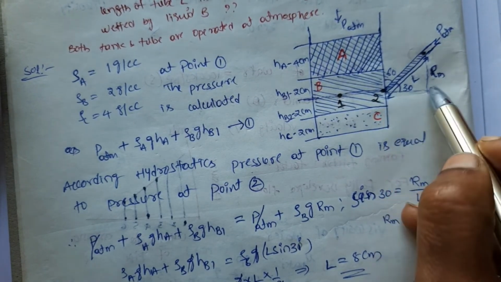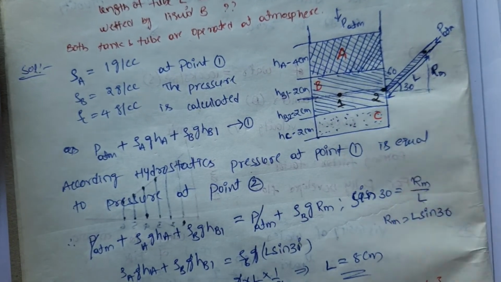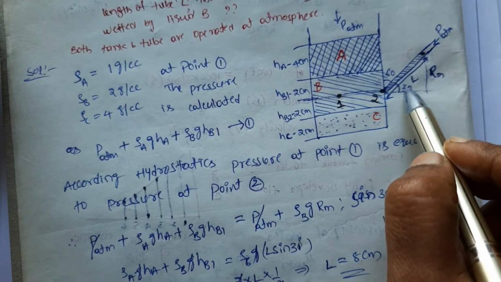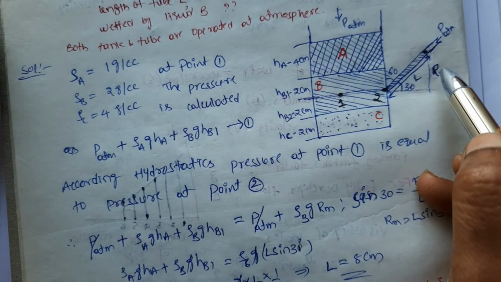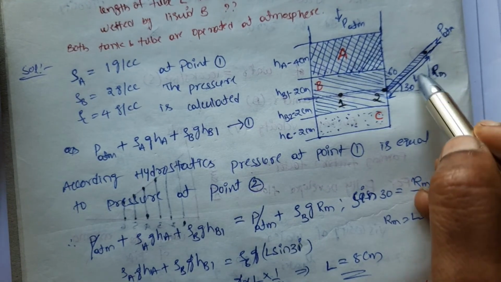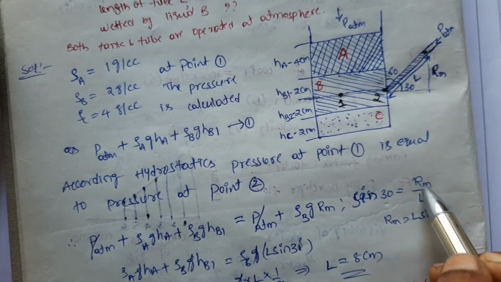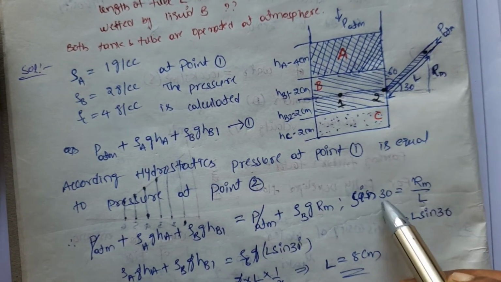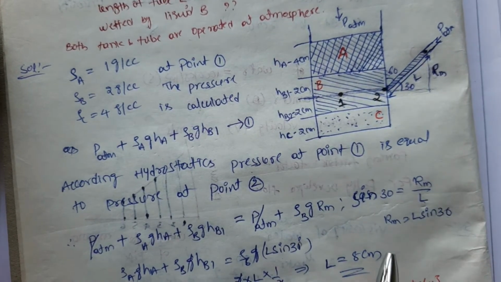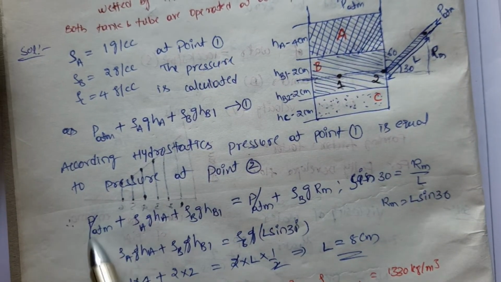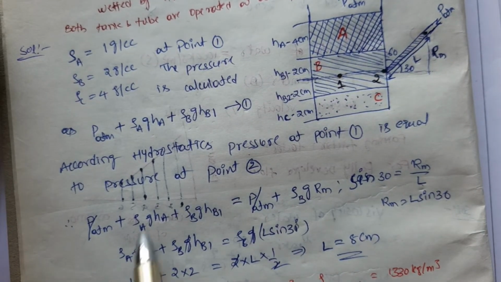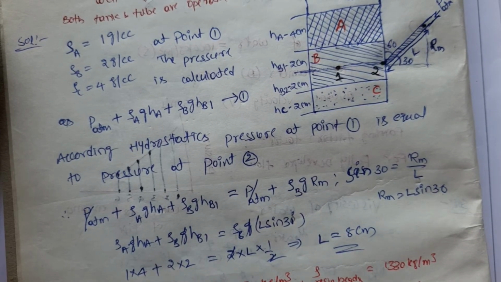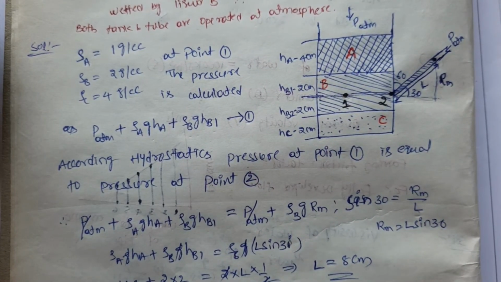So this is 90, if you resolve it, it is 30 degrees, right? So I have taken this angle. From this, sin theta equals sin 30 equals what? Opposite by hypotenuse, right? So Rm divided by L. Sin 30 degrees equals Rm divided by L. By substituting Rm equal to L sin 30 degrees, the atmospheric pressure will get cancelled. Rho and g are common in all the terms, so g will get cancelled. So by substituting the corresponding values,